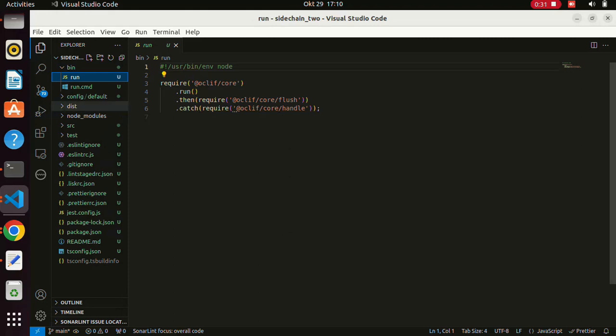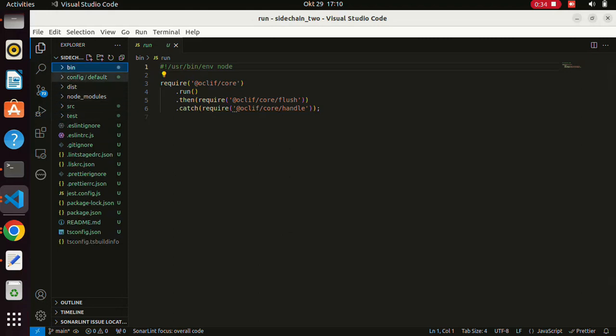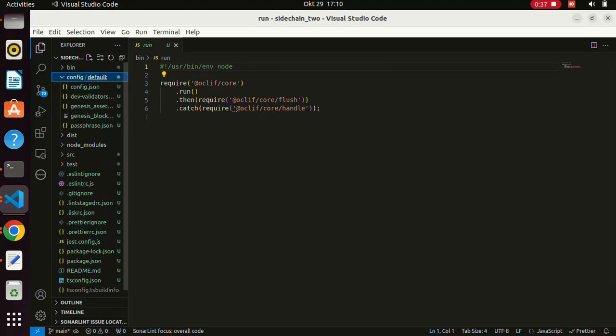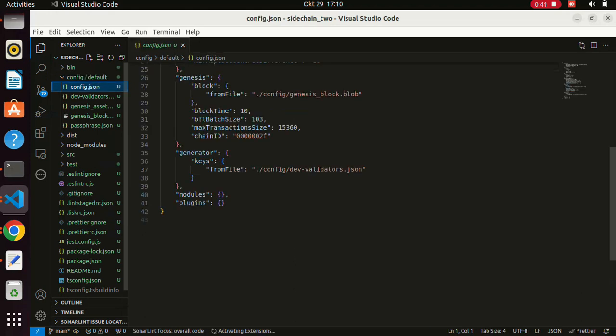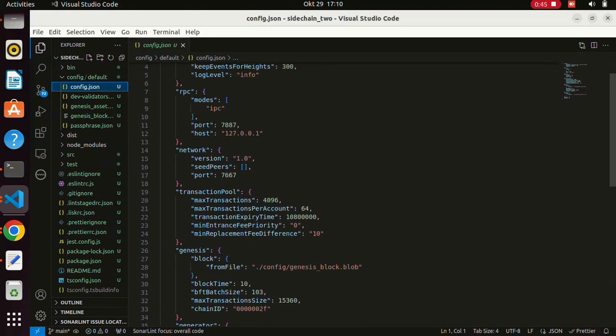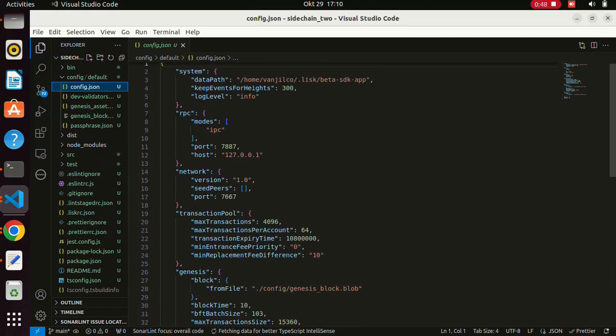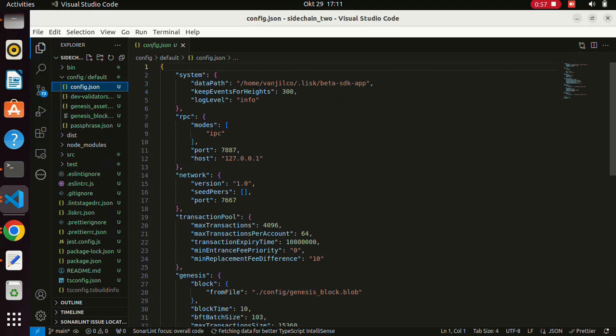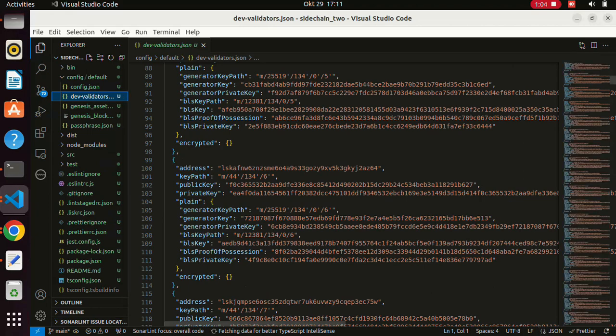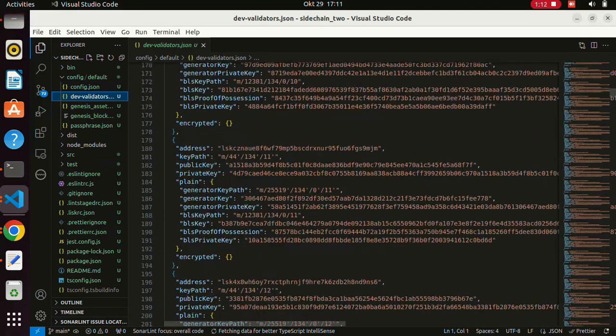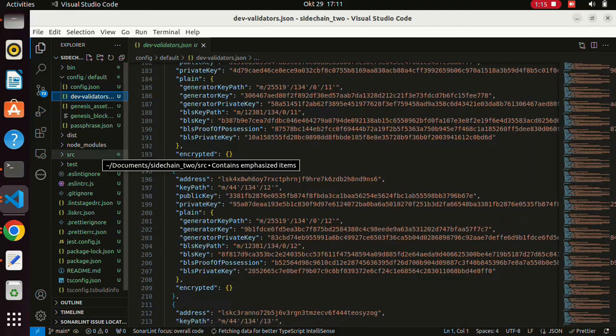Then we have the config folder. In the config folder, this is where your initial configurations of the blockchain are. So you find the Genesis block configurations, your RPC, remote procedure calls, and IPCs allocated, the port number, the host name, networks, and so on. So this is where those configurations are. Then the validators are a list of the validators that you are running initially. There are always, I think, around 103 validators, but you can reduce them when you're initially doing some developments. Genesis